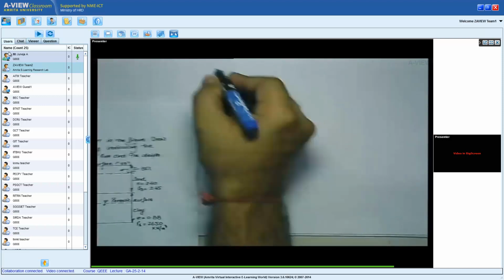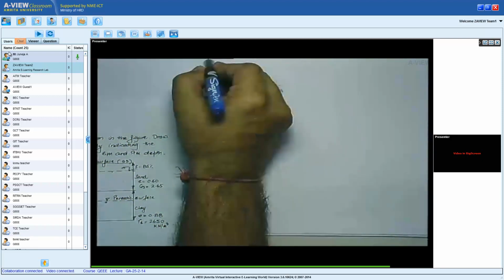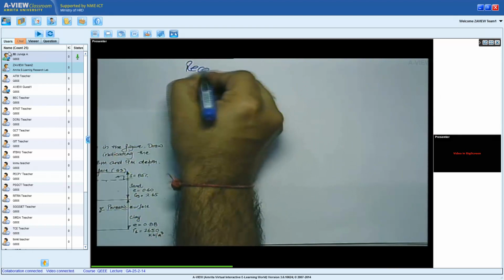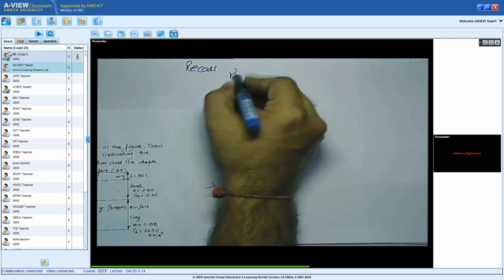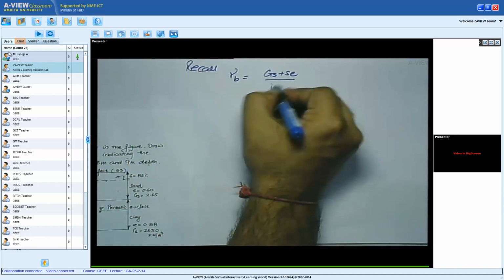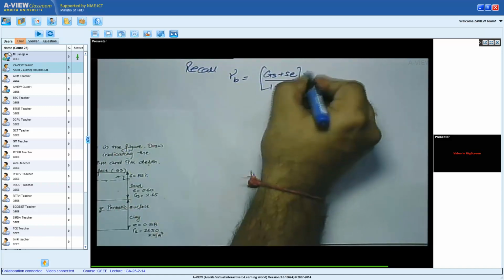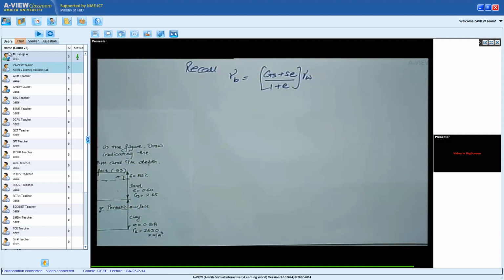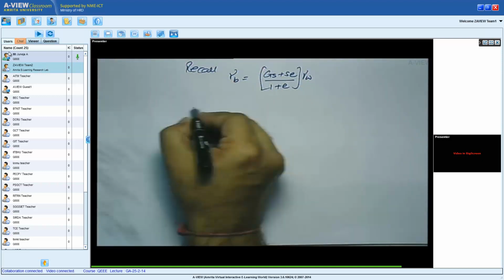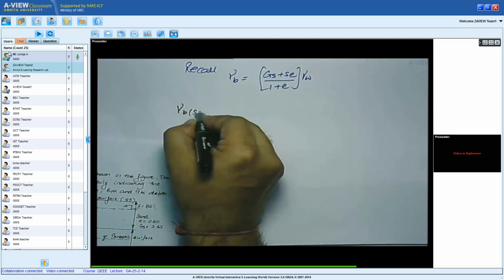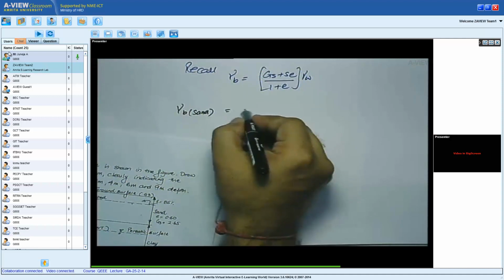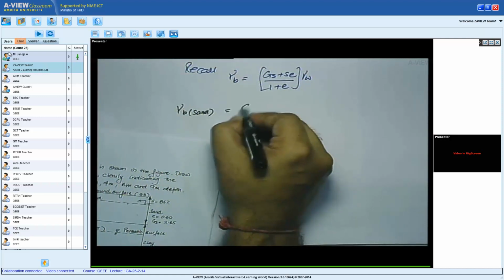So let's first calculate the bulk unit weight. If you recall, the first class, we said gamma bulk equals (Gs + S)/(1 + e) times gamma w. Remember, we would be using this expression quite often. It's an important expression. So gamma bulk for sand, which is partially saturated with 85% degree of saturation,